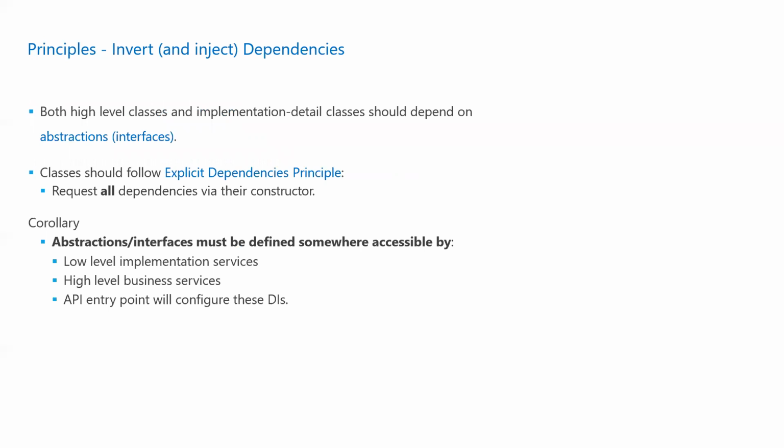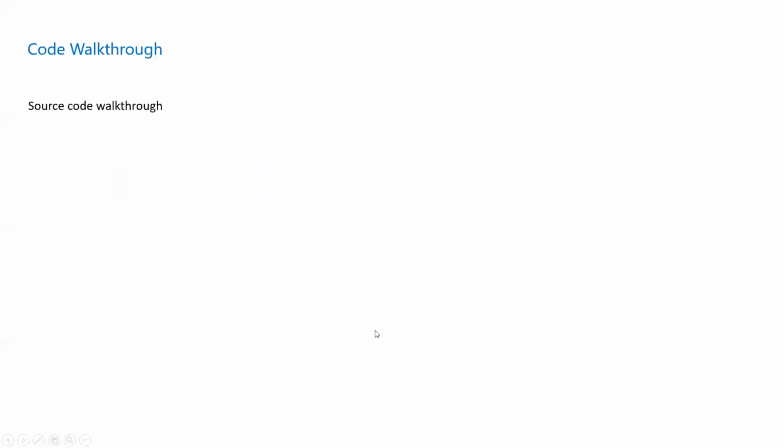And this is finally the dependency inversion principle. In .NET Core, you will be configuring every entry point in the startup.cs, and you will also be using the explicit dependencies principle, at the controller level or at the class level. In the class constructor, you will be passing all the required dependencies. That is the explicit dependencies principle. So you will be strictly following the dependency inversion principle in the clean architecture.